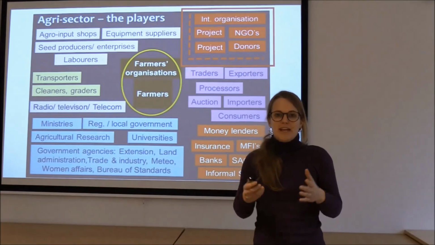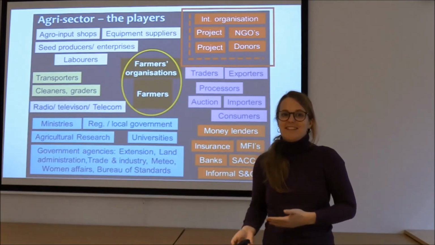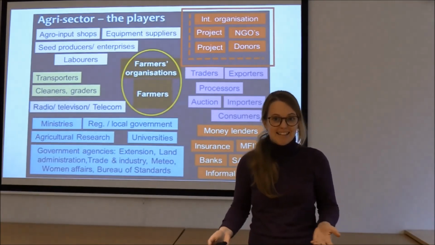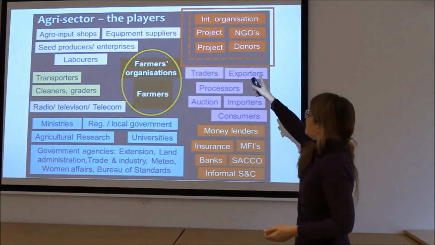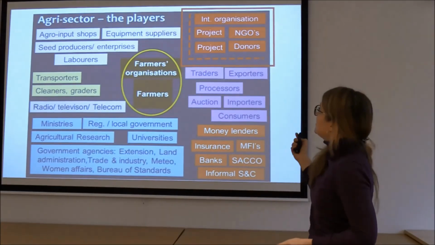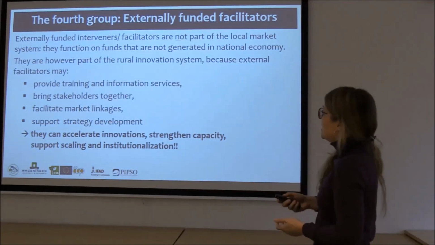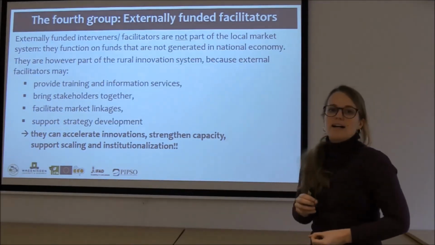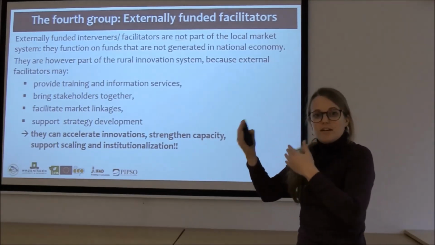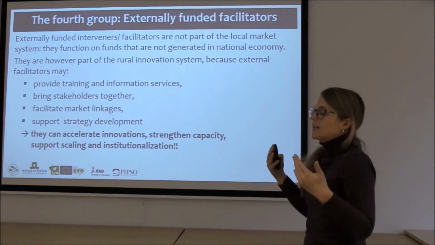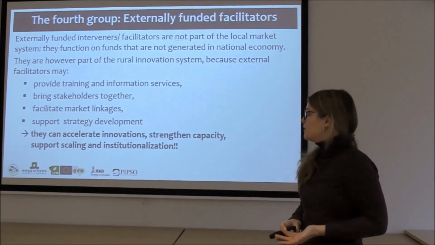So you have created your hamburger, but with the hamburger you usually have a side dish, which is maybe some taro fries or some salad. So the side dish here are the external facilitators. These are the international organizations, NGOs, donors, projects. And what is important to say here is that they are not part of the local market system, but they are just on the side to support, to, for example, provide training and information services,